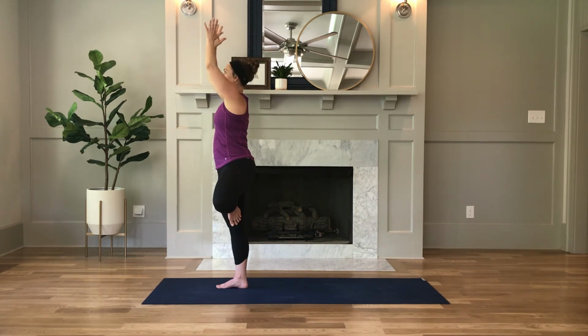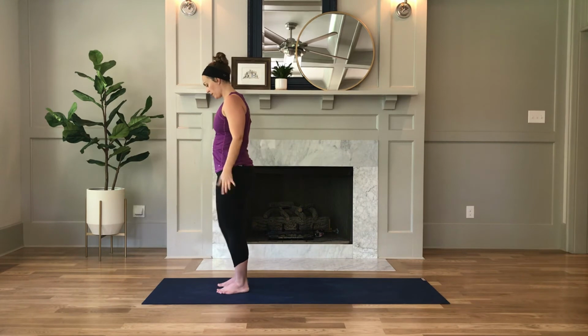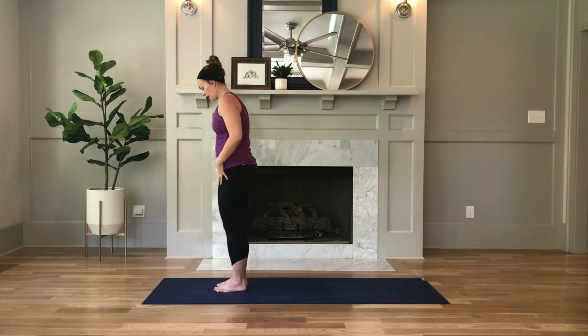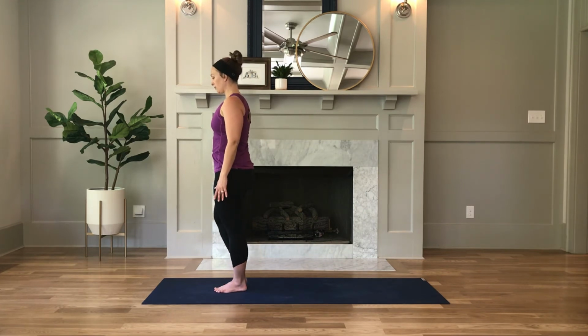And slowly we're going to come out, hands to heart center, releasing the foot, coming back to our mountain pose. You can shake the legs out a little bit. And then we're going to go to the other side. So left foot grounded into the mat, kneecap pulling up into thigh, belly pulled in, remembering that strong foundation of our mountain, and then lifting the right foot